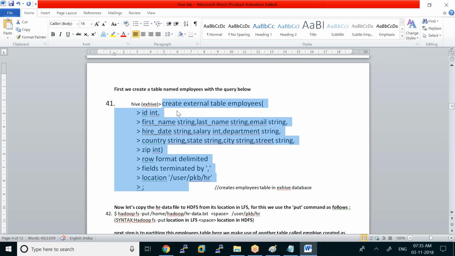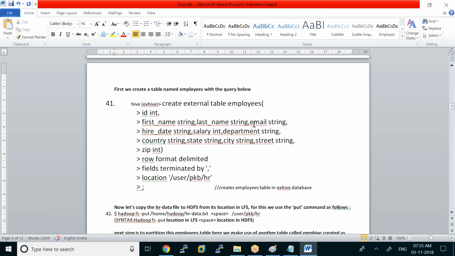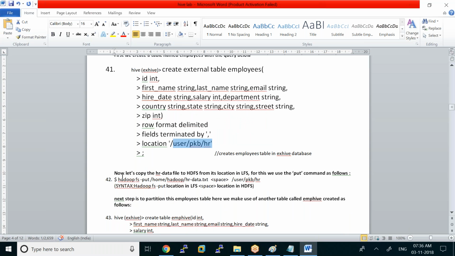The employee table contains the following information: the ID, first name, last name, email, hire date, salary, department, string, and data. Here the separator is a comma, and it is assumed that the data is under the following location. Before that, the data set HR.data needs to be moved to the location. Let's verify whether you have the data. This is the command: hadoop dfs -put or copyFromLocal. You can make use of both commands to copy the content from the local file system into the